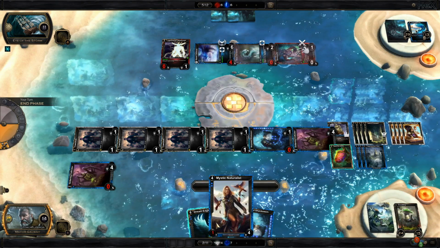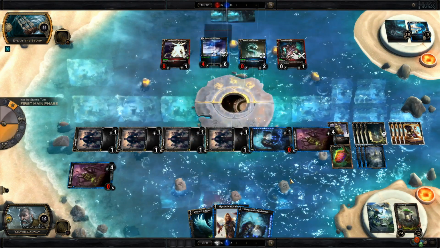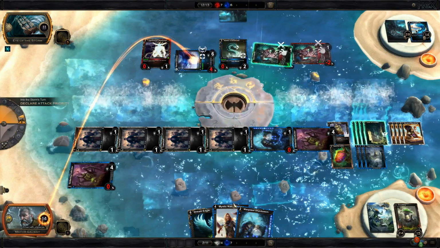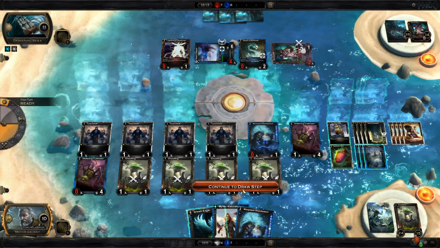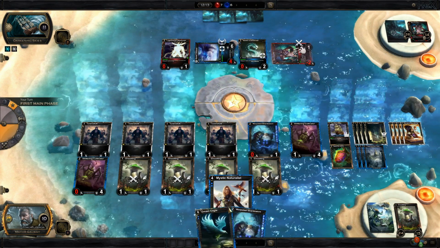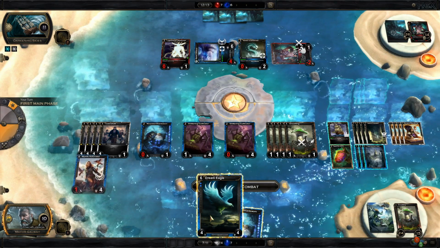Okay, so next turn we have another Mystic Naturalist. That's something. Oh wait. Yeah. And we're going to have a third Treacherous Pass, so it's not too bad. It could be better though. We definitely play this guy, and we don't really need to play the Shardsworn,